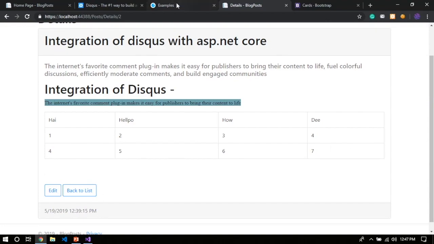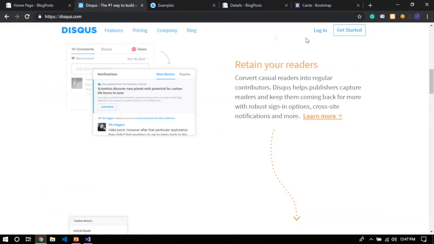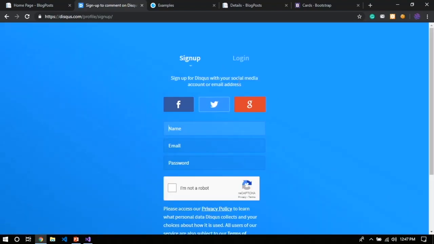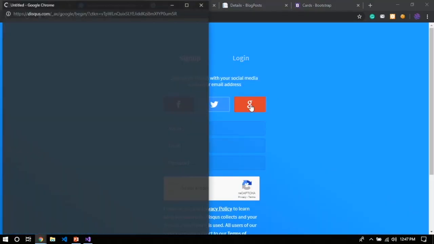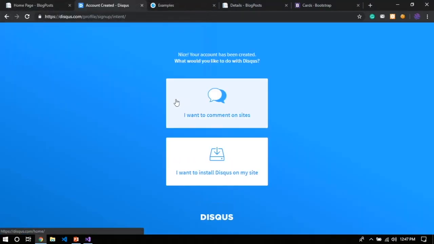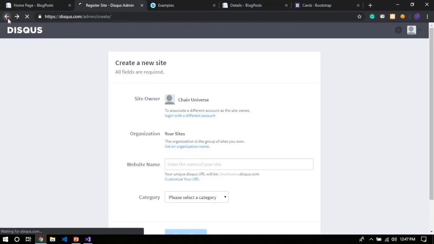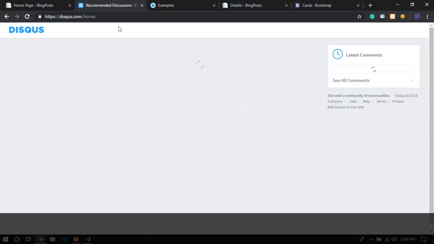So let's get started. First thing, we have to get started. So you can use whatever login, and you can use the custom login, and I'm going to use the Google login. And the two things, I want to comment on sites, and I want to install Disqus on my site. So basically, no, I want to comment on sites. So here,